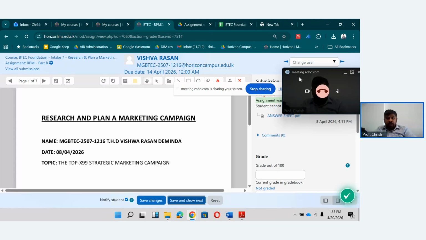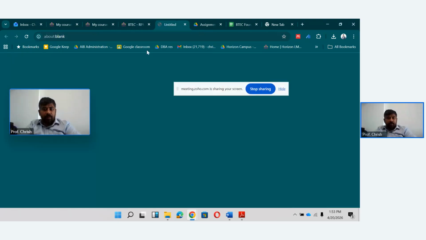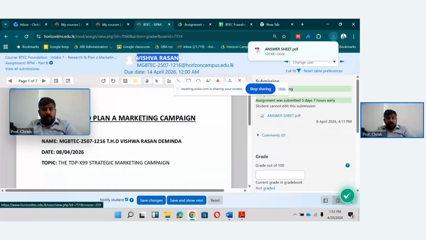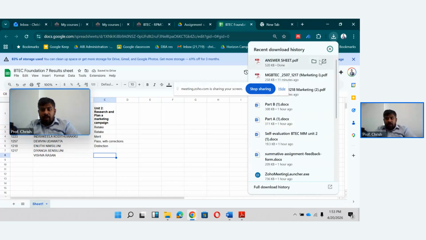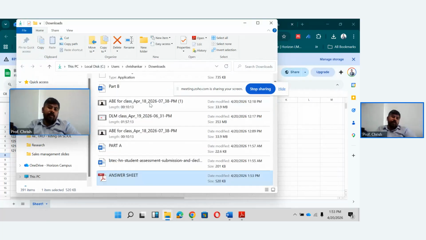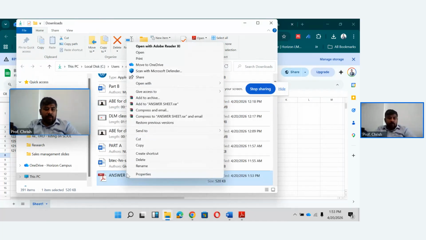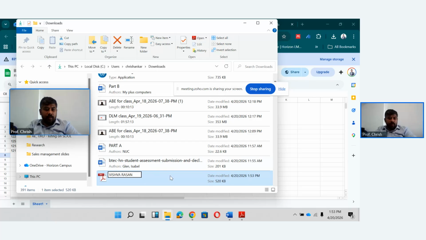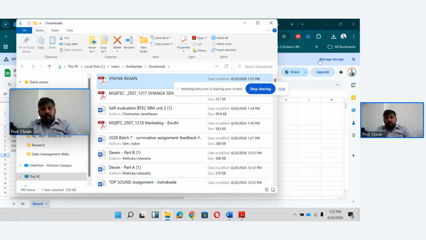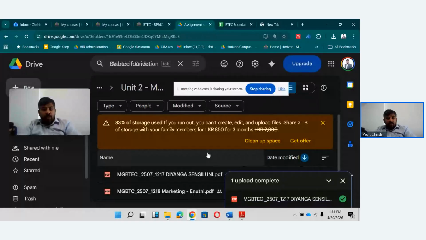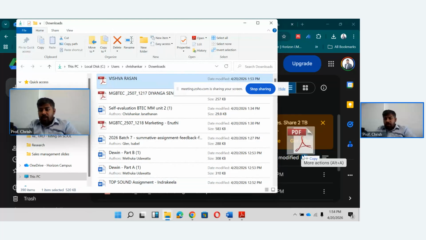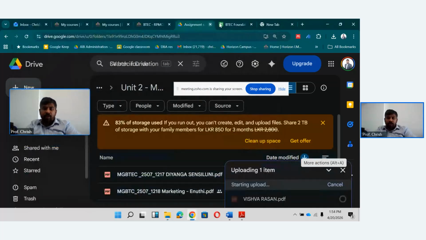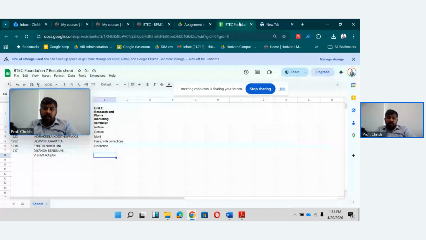Okay, Vishwarasan. Hope I pronounced your name right. Let's take a copy to the folder also, which I need to share for external verification and for internal verification.